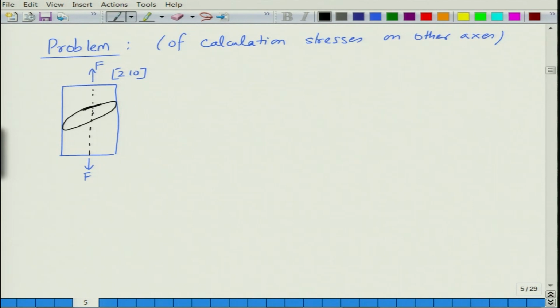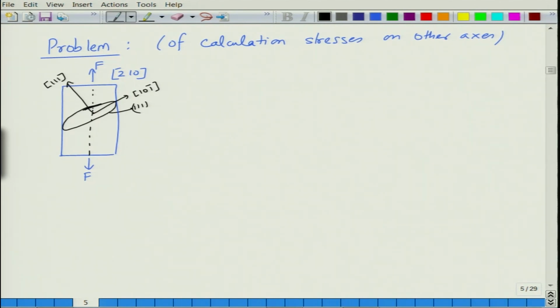So, let us say the plane is a 111 plane. A 111 plane in a cubic system will have a normal which is 111, perpendicular to the plane, and the direction along which the atoms will move during deformation is the direction that lies within the plane, a 101 type of direction. Since it lies in the 111 plane, the dot product of this direction with the plane normal should be equal to 0. As a result, this direction happens to be the 10 bar 1 direction.